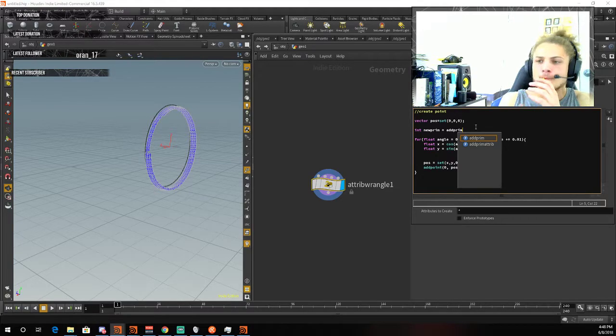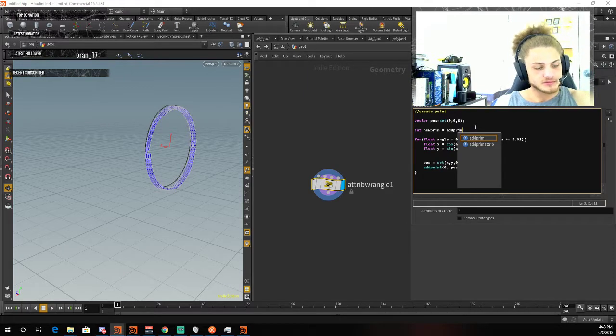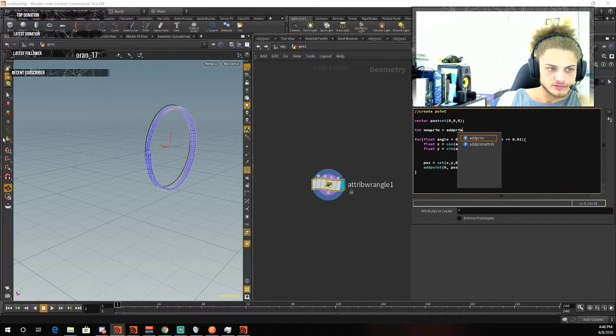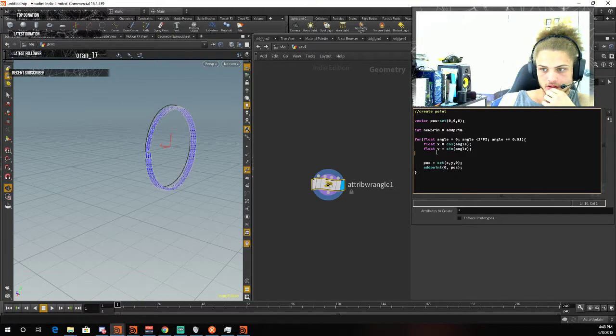If I go to the help menu of addPrim, you can see it just takes in the geo handle, which is 0 in our case, and as a type it takes a string, and if we scroll down here, these are the types that we can create with addPrim. And I just created this polyline here, which is just a line. Okay, so after we created each point here, let's add it to this newly created primitive with the help of